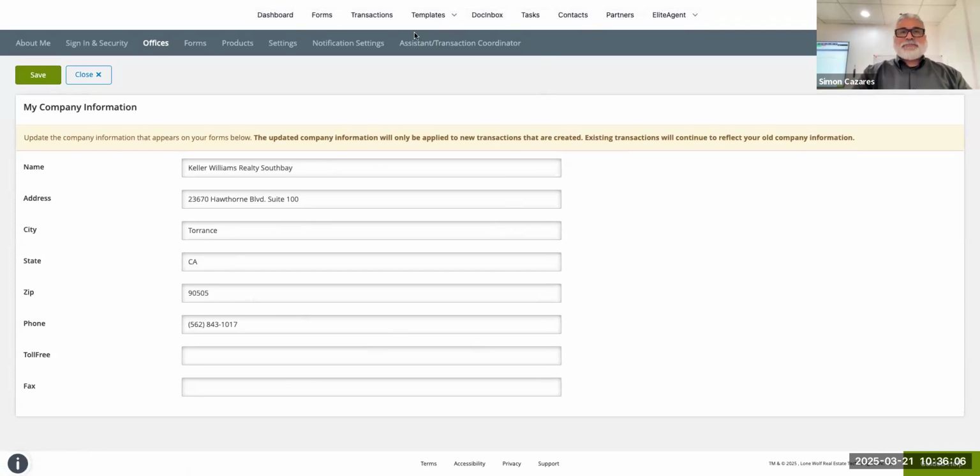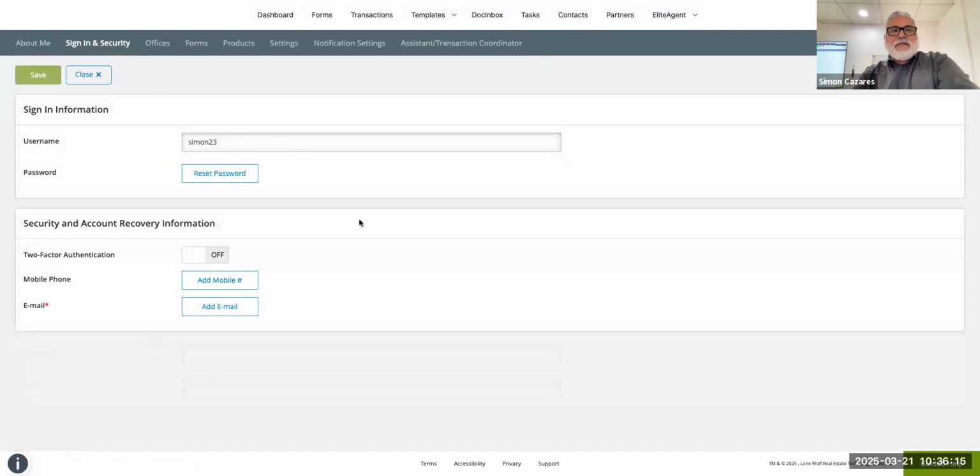All right. The next issue is the signing and security. Okay, so this is again, if you want to have that extra layer, most of us don't want that extra security, but if you wanted to, it'll send you either a text or an email for that extra protection in case it's been compromised. Okay. You can also reset your password here if you forgot your password. There's another avenue before getting into this, but if you wanted to change it because it's been compromised, you can also go into